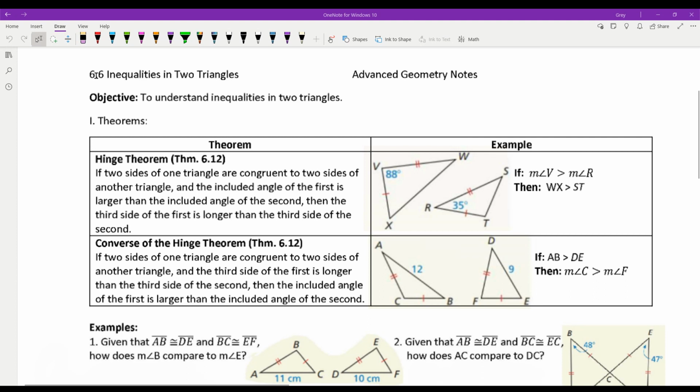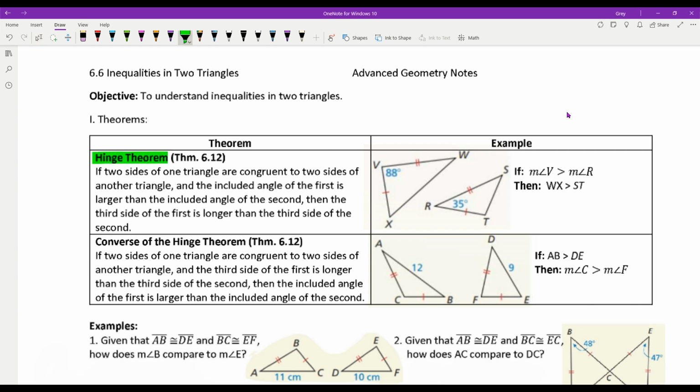We are talking about inequalities in two triangles as opposed to one triangle in our previous lesson. So the first theorem that we have is something called the hinge theorem. Then we're going to talk about its converse. So to talk about the hinge theorem,